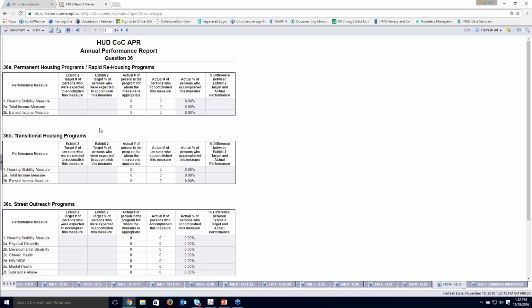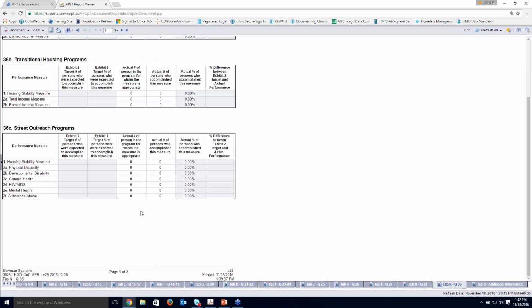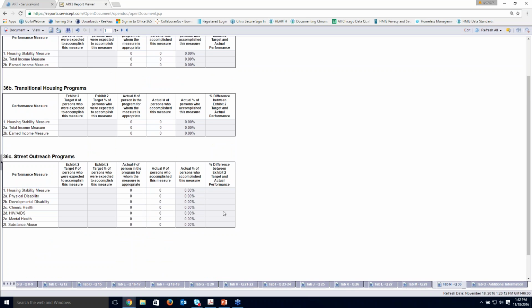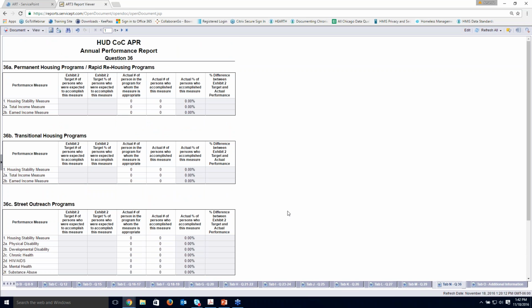If we have you set up as transitional, you'll have data populate here and not in A, and the same for street outreach, that this is where your data will populate for outcomes. And these are calculated very particularly, so if you end up having questions about how they're calculated, we can work through that with you. But if you have issues with which one of these boxes is populating, that's also something we need to work with you on, because that means that we have to talk about what type of program